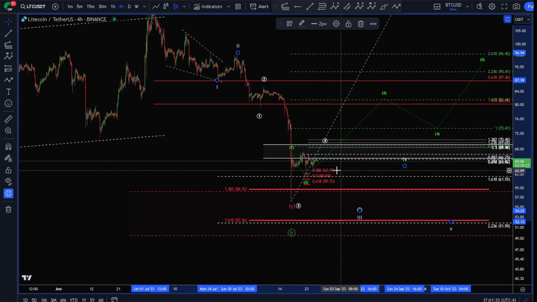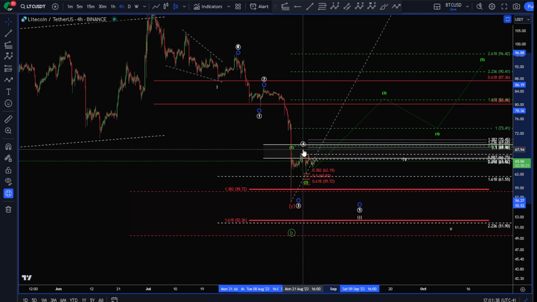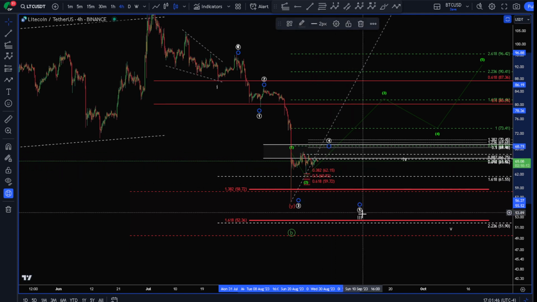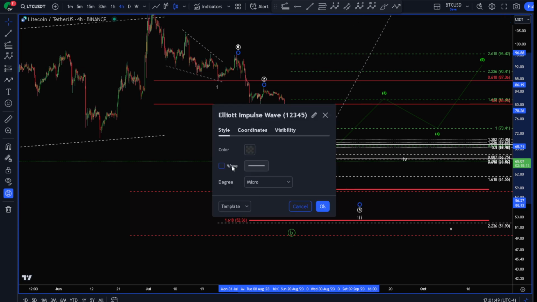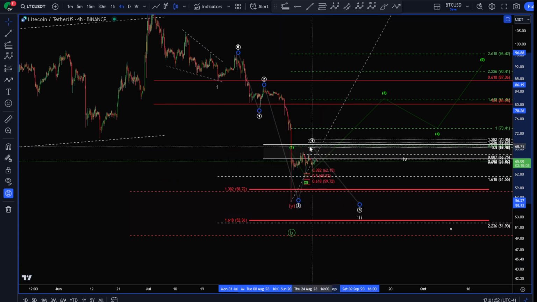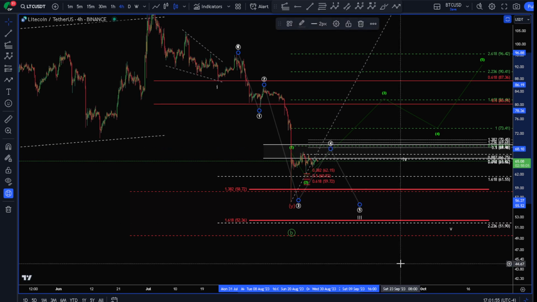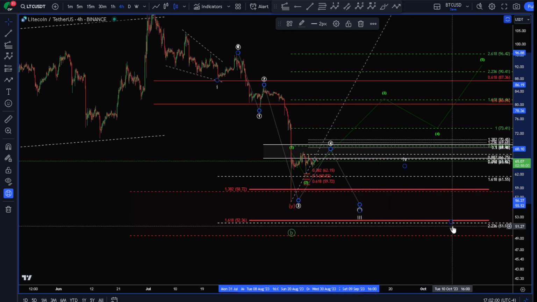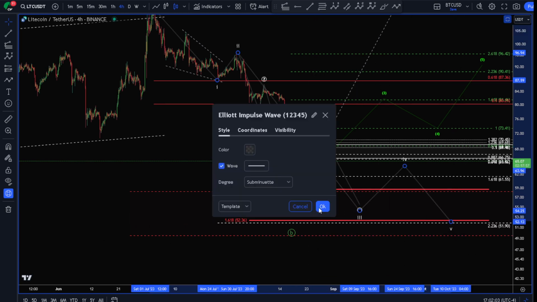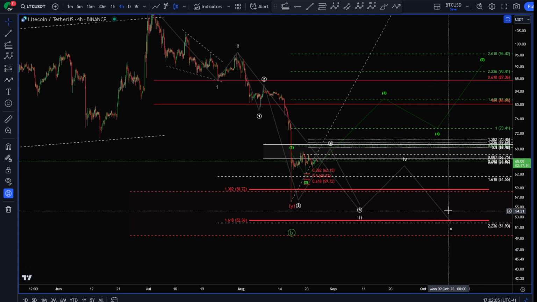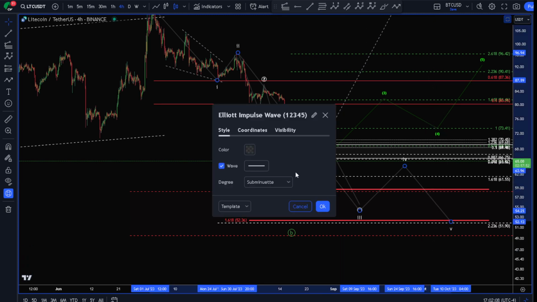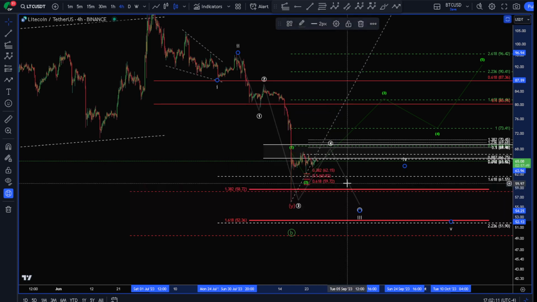So the question is, are we making new lows? Is the fourth already in and we're going down from here, or do we have to make a little bit of a move up first in a complex correction and then drop like this? So is our fourth in, or do we need to make our fourth still in one more wave up and then come down, correct up again, and then come down for our final fifth? That is the question. But I'm starting to believe that this is the most probable,